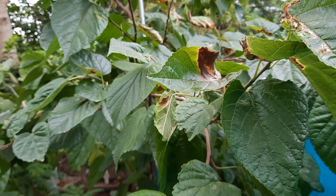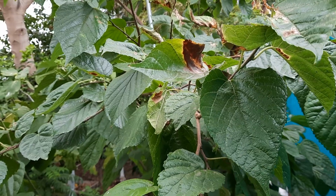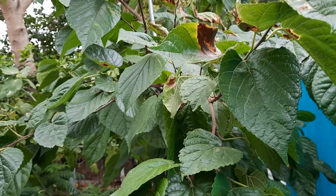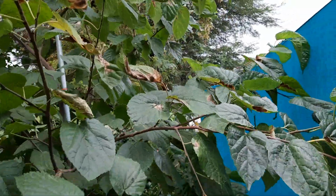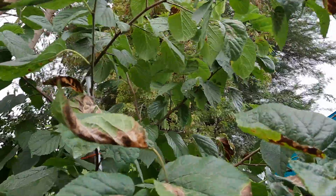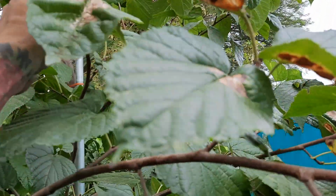And then the other thing is it tells the tree that it's burning and it needs to toughen up the leaves or put on more leaves or branches in that area. So you can notice that somewhere it gets burnt, like this leaf back here is a perfect example, if I can reach it. Let's see here. This one's burnt